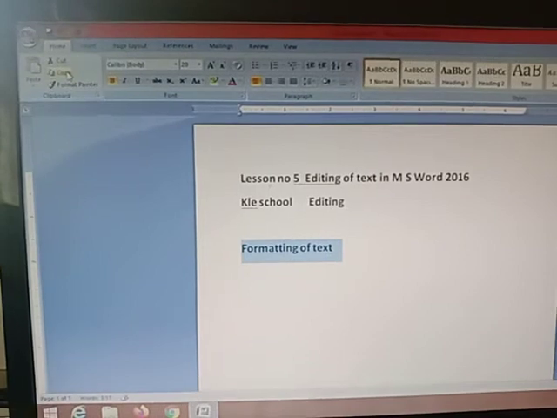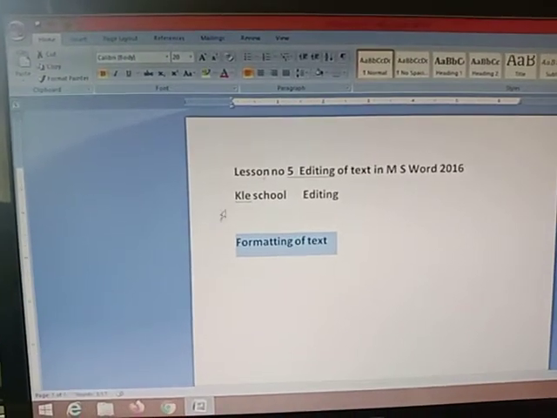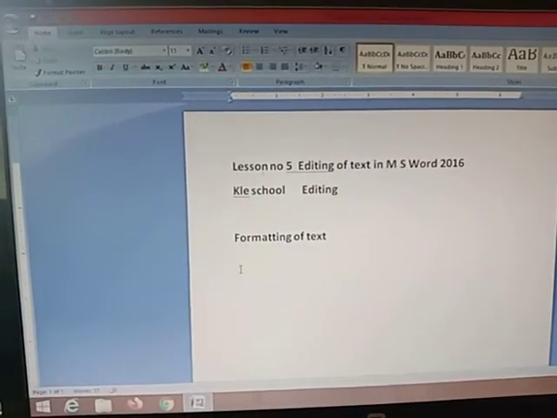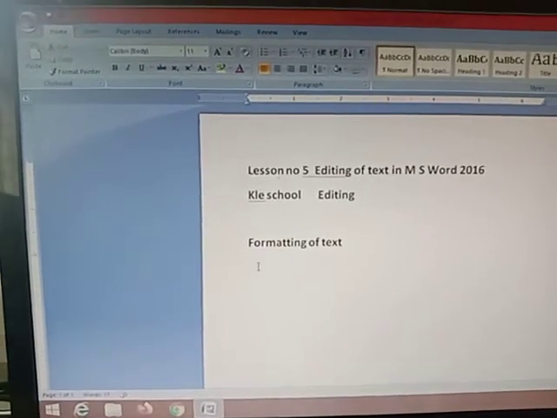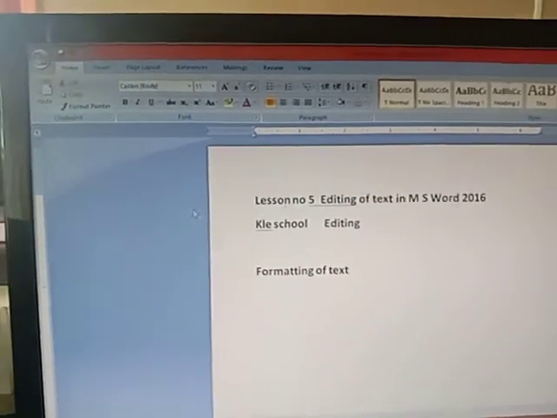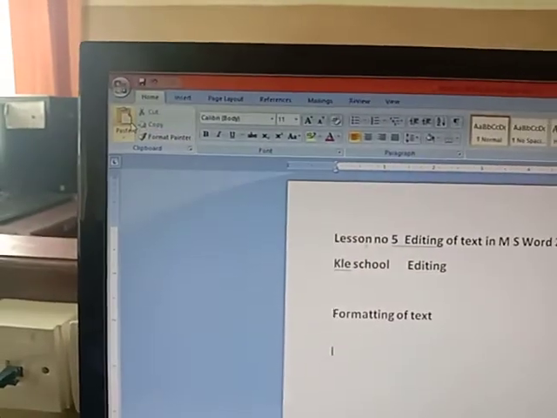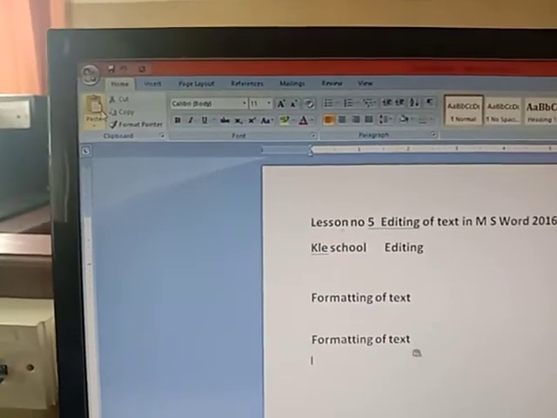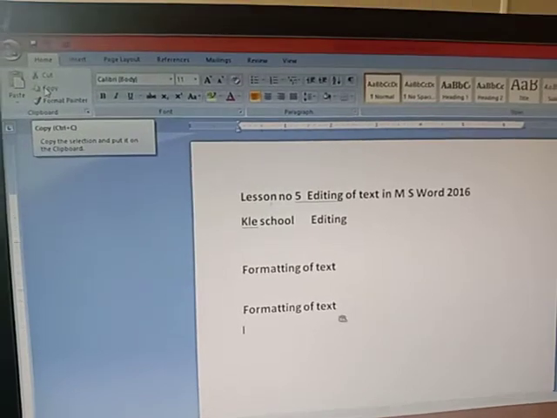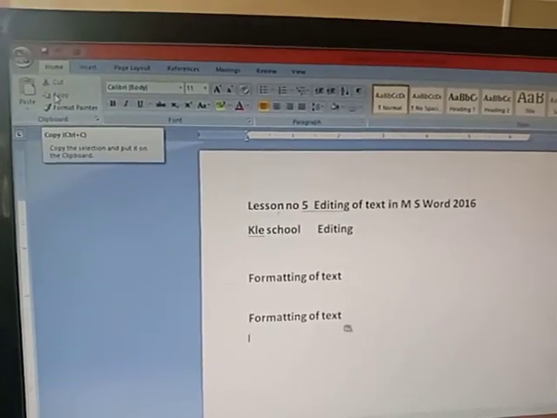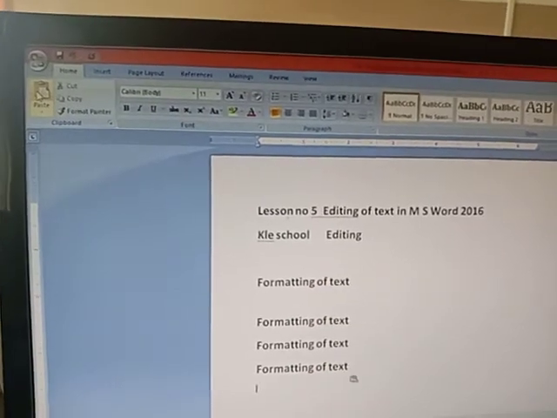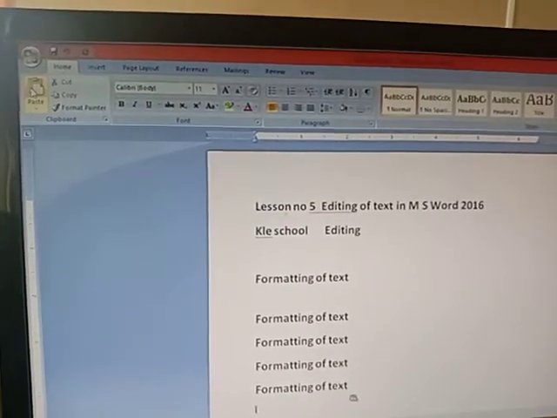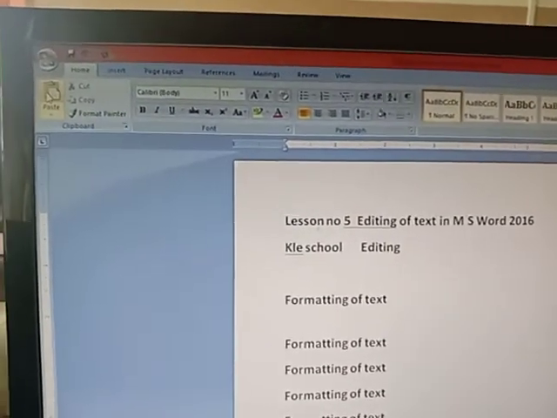I have clicked on the copy. Okay children, now I will take the cursor down. If I want a copy of this particular text here also, I have already copied it, so now I have to click on the paste. What happened, children? Can anybody observe and tell? Yes, the copy of the text has been pasted over there. How many copies do you want? Like that, however many times you want, that many times you have to click on the paste button.